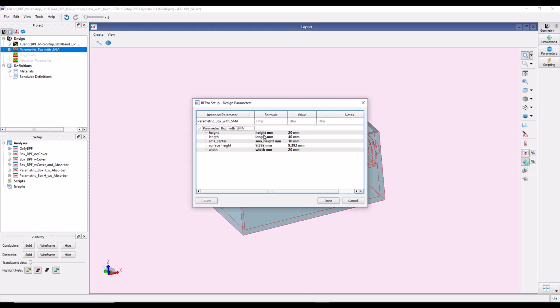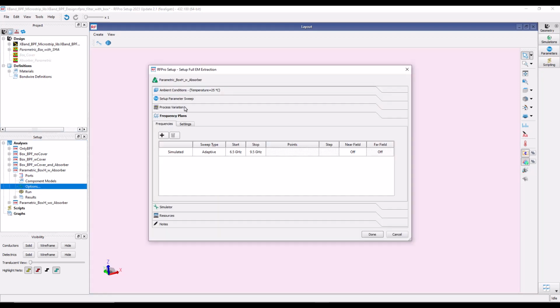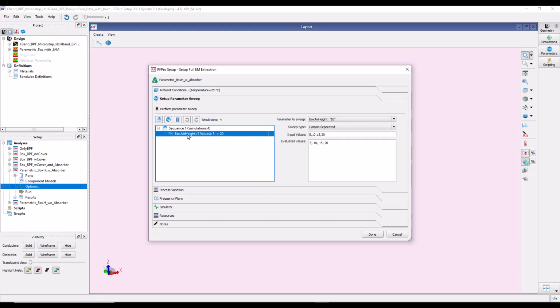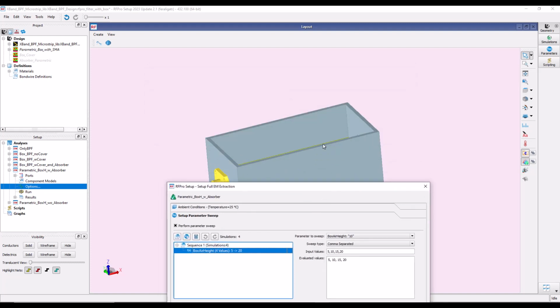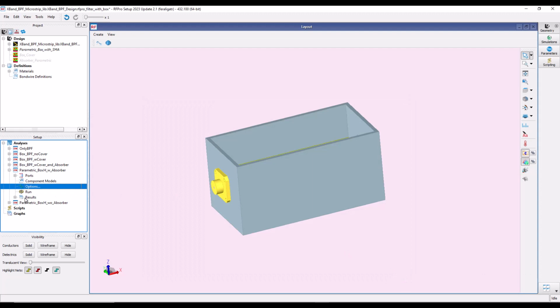And here you can see I have applied some variables to these parameters, and these variables can be then swept in ADS or in RF Pro here by going to options, set up parameter sweep, and here you can see I'm sweeping the air height, which is basically the amount of air, which essentially indirectly means the cover height, but not from the bottom but the surface of the filter. And here I'm sweeping it from 5 mm to 20 mm,